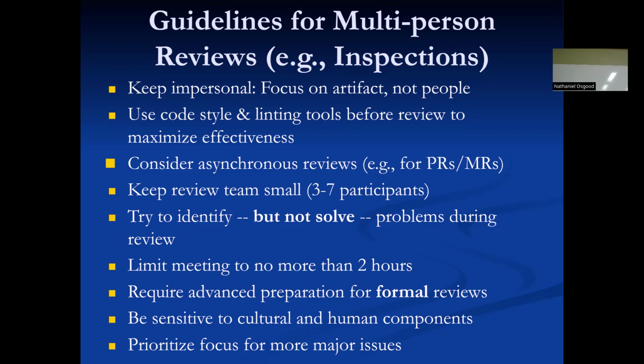So there are often thoughts here about how we can improve the processes. How can we improve it to find these sort of defects in testing, for example? Often you want to use basic things like linting and code style tools before the review, so that the review isn't spent just stating things that could have been found. If you do the linting and the code style checks beforehand, you can focus that limited time on other things that require more human attention.